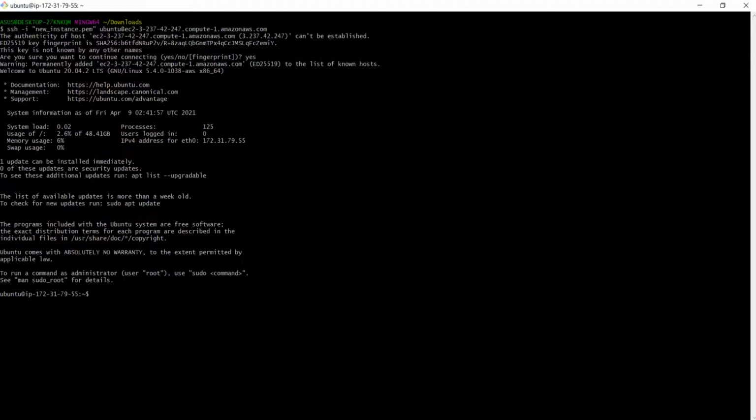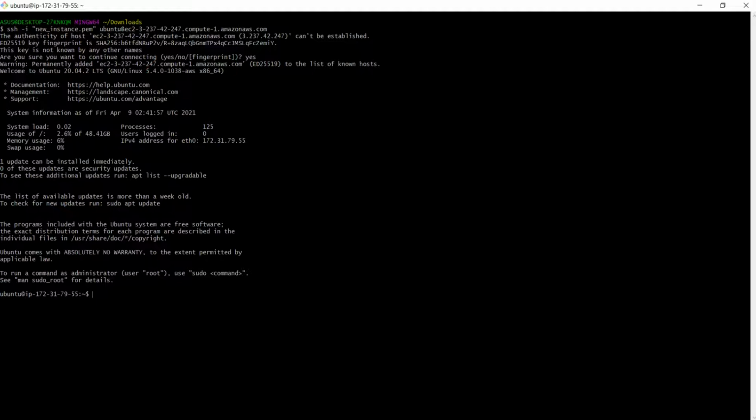Just keep in mind that this is your basic instance and you don't have any applications installed in this. Since it's a server, you will be hosting websites or applications. If you are installing any Java applications, you need to get Java installed initially, and then MySQL or any other database that you are looking for. And if you are going for any other websites, then you need to get Apache installed first, then your MySQL.